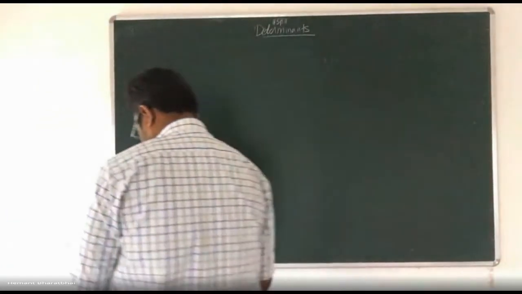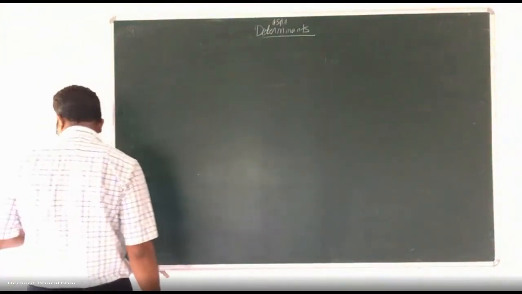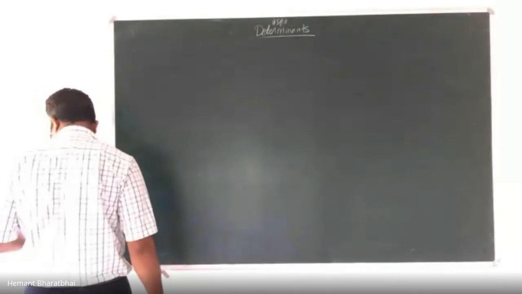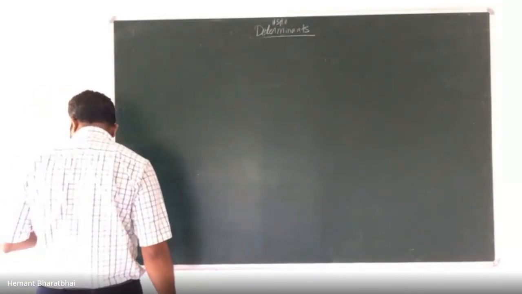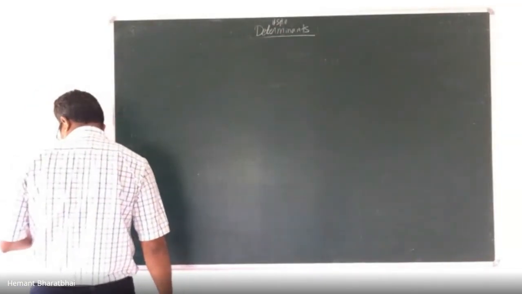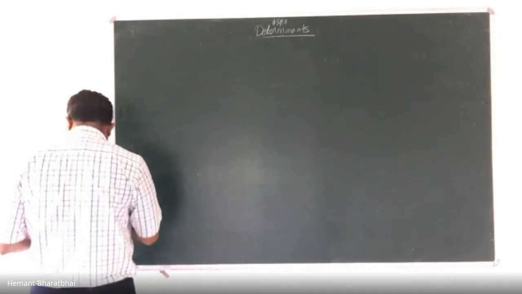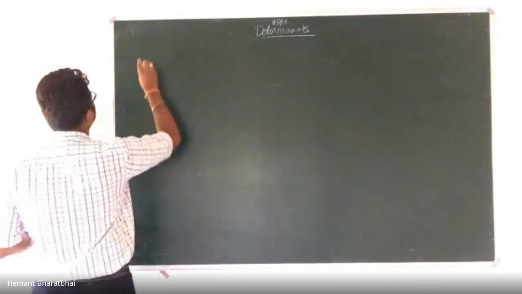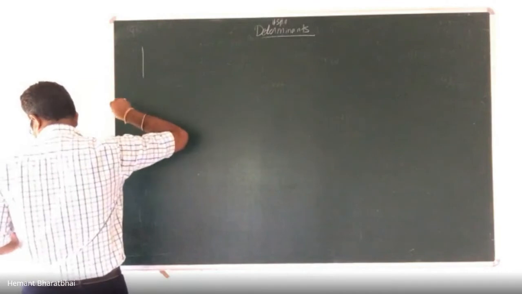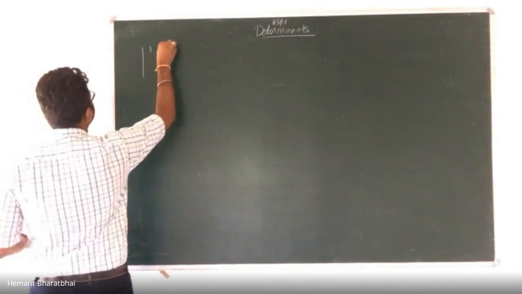Let's try the next numerical. Find positive numbers x, y and z. For the positive numbers x, y and z, the numerical value of the determinant. So the value of this determinant is 1,